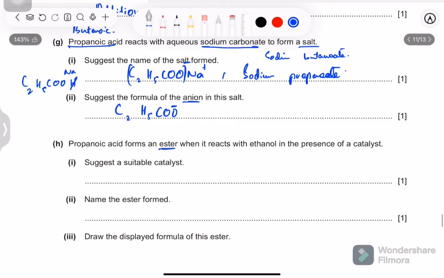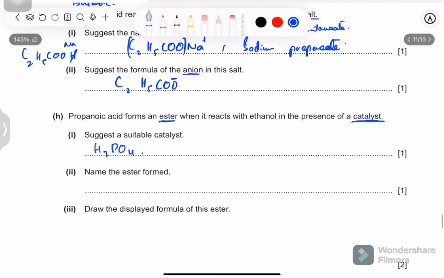Propanoic acid forms an ester. Ester is when an alcohol and a carboxylic acid react in the presence of a catalyst. The catalyst is just all the organic reactions, whether it be the hydrogenation of alkenes, whether it be the addition of steam to ethene or any alkene. All reactions you have to memorize and have on your fingertips, the structures, the reaction requirements, the catalyst. In this case, when an ester is formed, the catalyst is concentrated sulfuric acid, H2SO4. The ester formed. Now this is